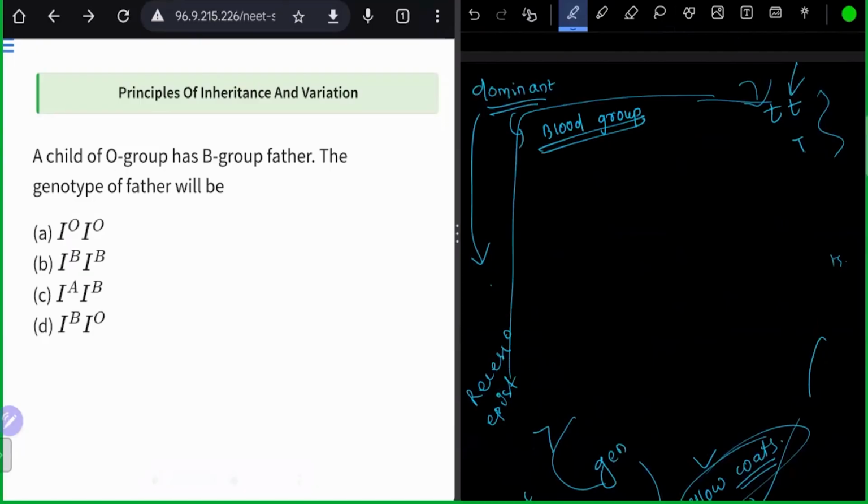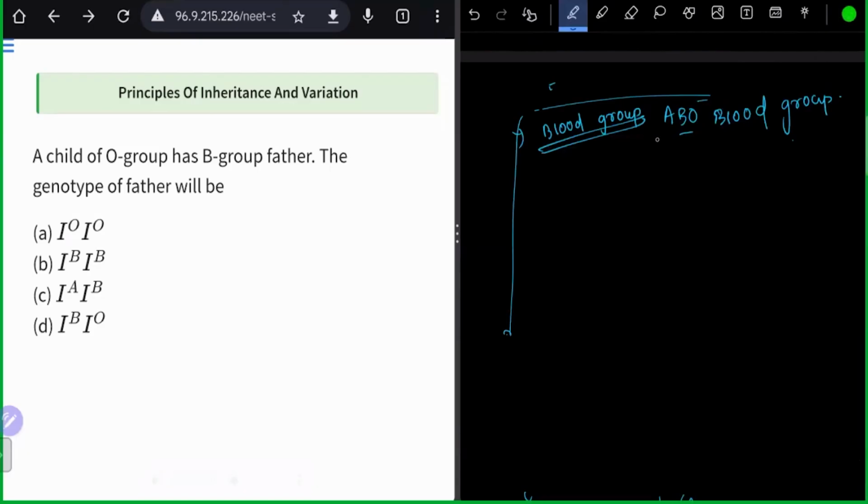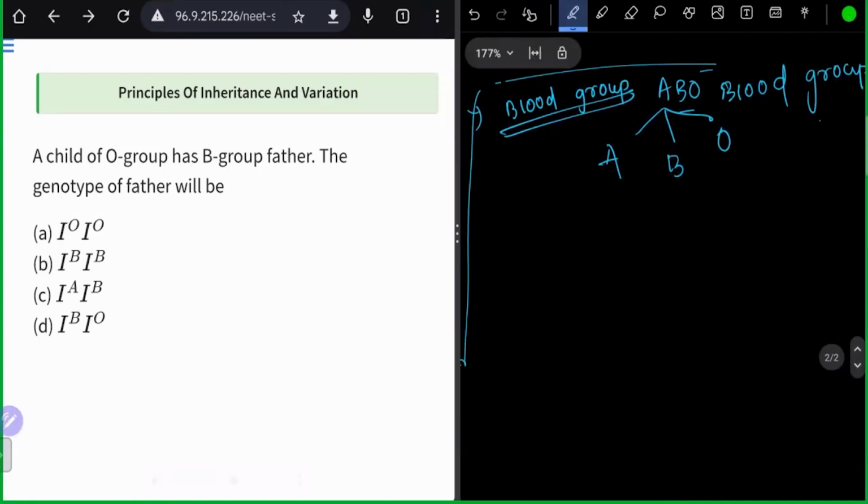Blood group, we have ABO blood group. So what are the alleles? It can be A, B, or O. Okay, so the basics are, if a person has blood group A, that means the allele pair can be AA or